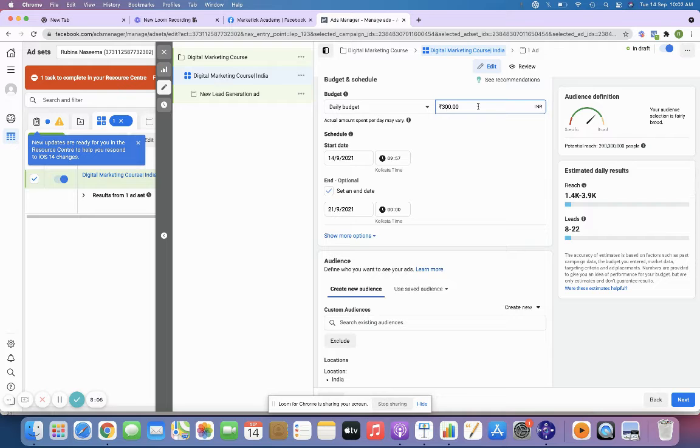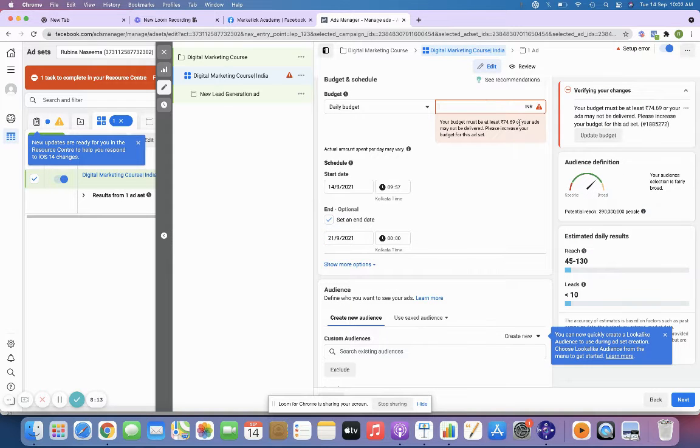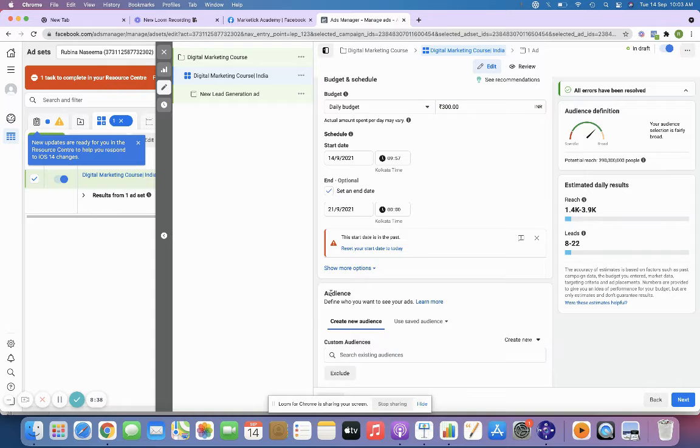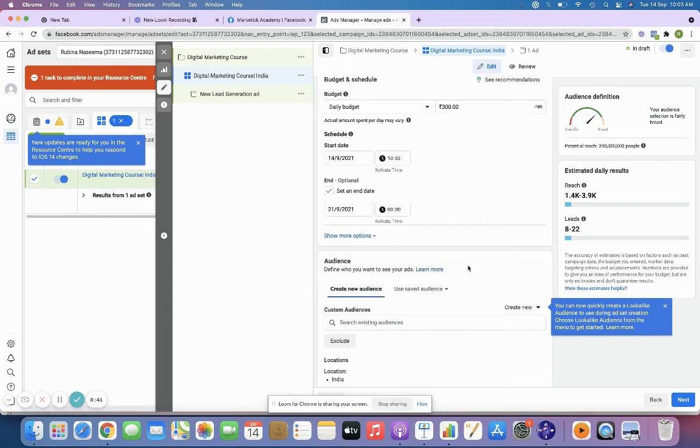Maybe if you're starting with dollars, you can start with $10 per day. Since this particular Facebook account setup is made in INR, I'm able to see everything in INR. Suppose you have an ad account in US dollars or something, you can start the campaign with a daily budget of say $10 per day. That is totally fine, right? So my daily budget is 300. I'm just going to start today,